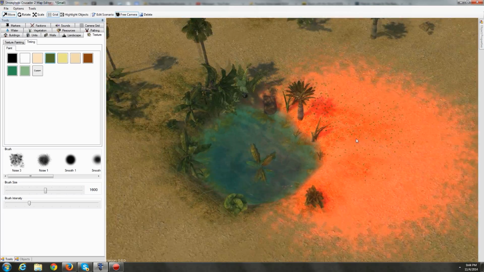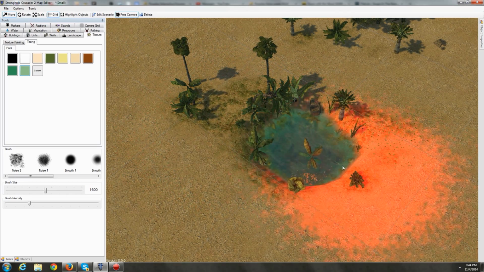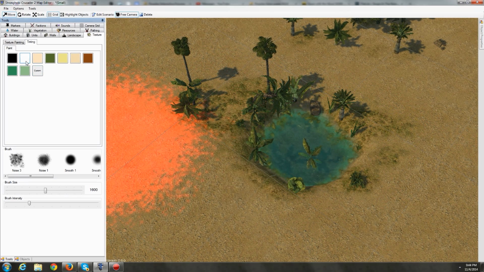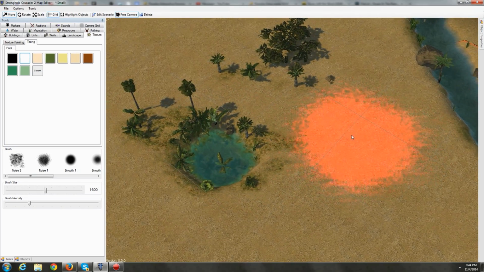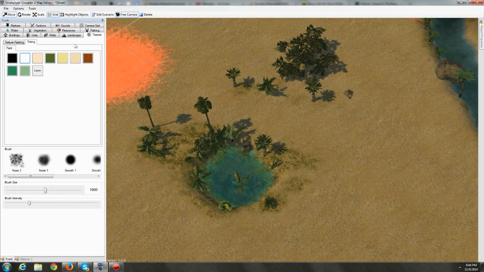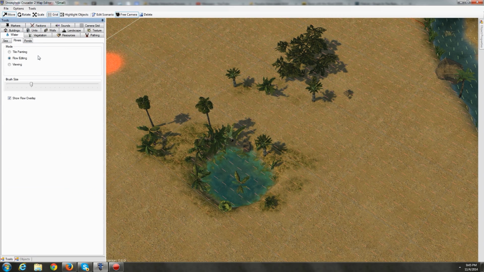I don't see any changes. I don't think it's working at this point. Don't know why, but it's not working. Anyhow, this is the texture, and as I said, vegetation, water,